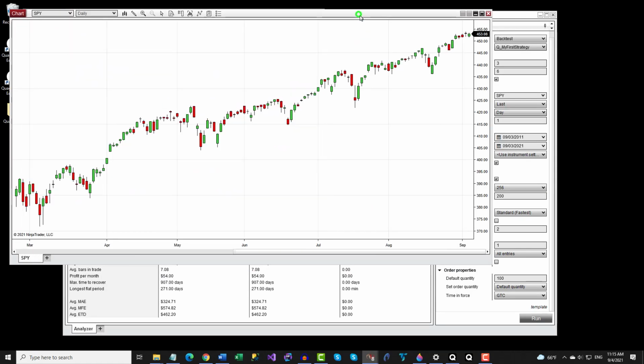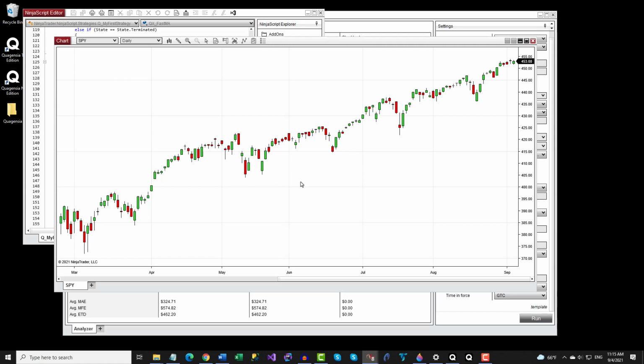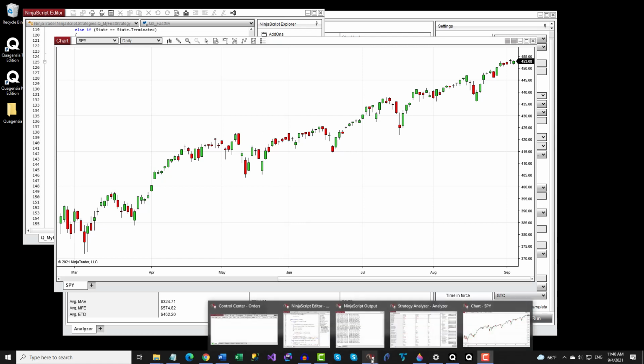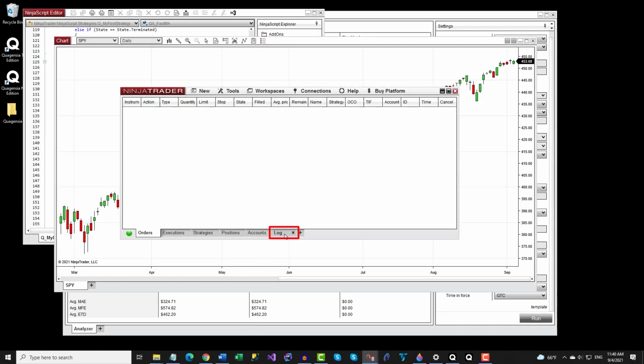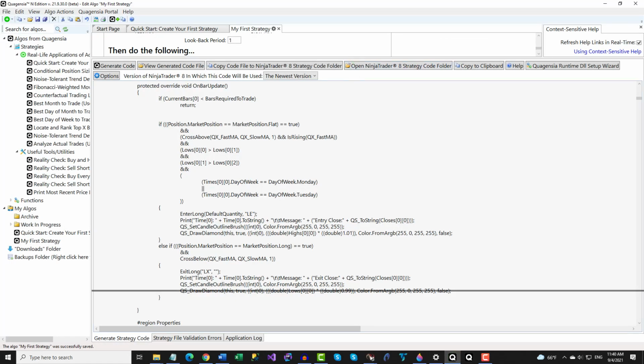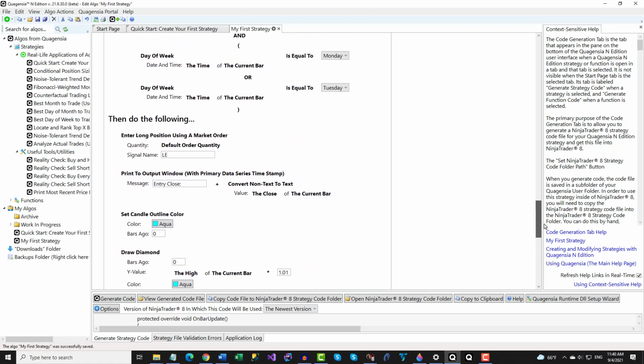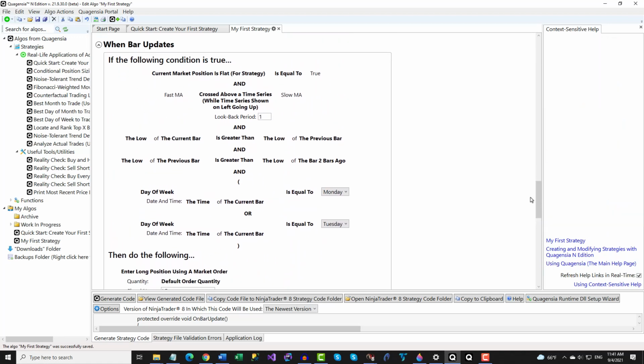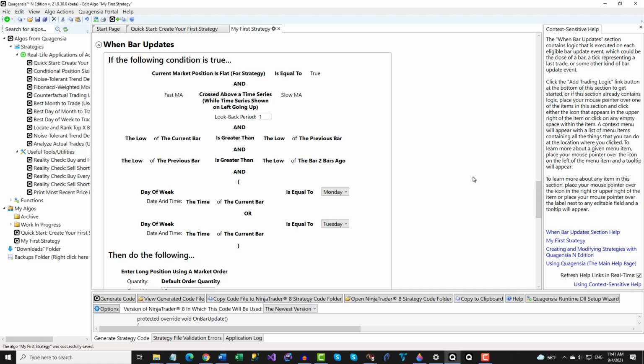For instance, maybe NinjaTrader 8 encountered an error during the backtest, which you can determine by looking for errors in the Log tab of the main window of NinjaTrader 8. If no errors are displayed in the log for your backtest, maybe the logic of your Quagentia N Edition strategy is wrong. For instance, maybe the condition that must be true to enter a position will never be true in any scenario. Or maybe the condition is too strict, such that it is so rarely true that it wasn't true even once between the start date and end date of your backtest.